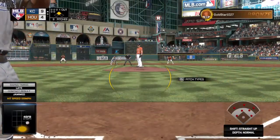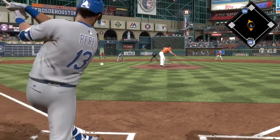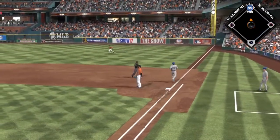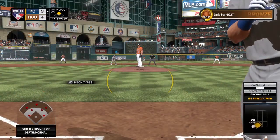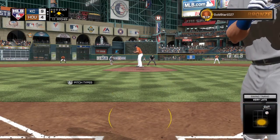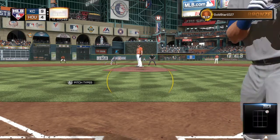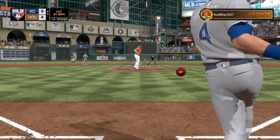Here's the catcher, Salvador Perez. He's got a hit in 3 at-bats to this point. Curveball hit on the ground to shortstop. In time to first, and there are 2 away. So striding in, Alex Gordon. It was a flyout for him in his last trip. A little tardy there. No balls and a strike. The 0-1 on its way. Looking at strike 2, a fastball that catches the inside corner. We're seeing quite a few pitches up from him right now. A swing and a miss. That retires the...